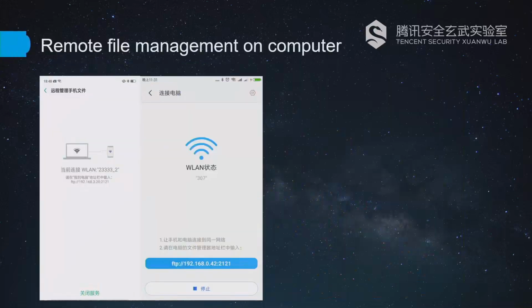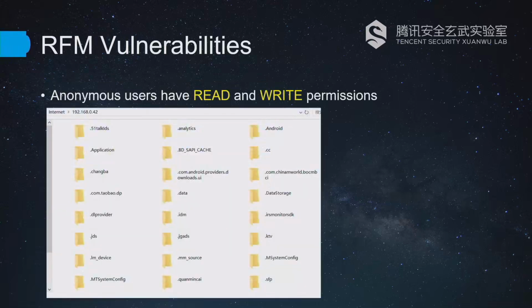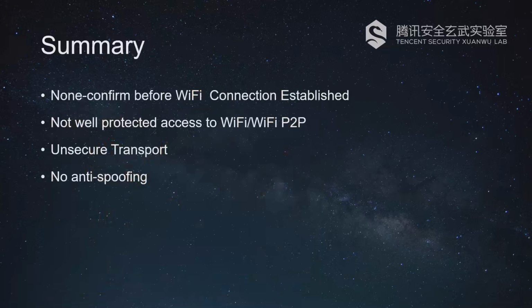And in this case, we will share file management related vulnerabilities. If an app wants to open the FTP server, computers within the same local area network can manage the files in the smartphone. We found that many apps didn't have any authentication here and secure design. Any users have read and write permissions here. So if the attackers are in the same LAN, they can get and read all your files here.